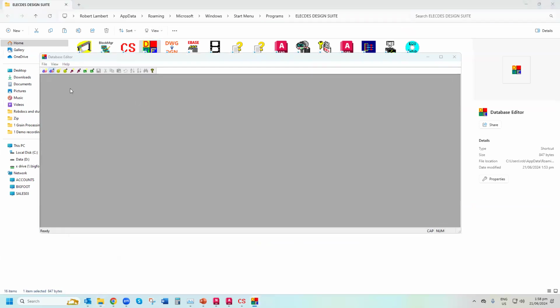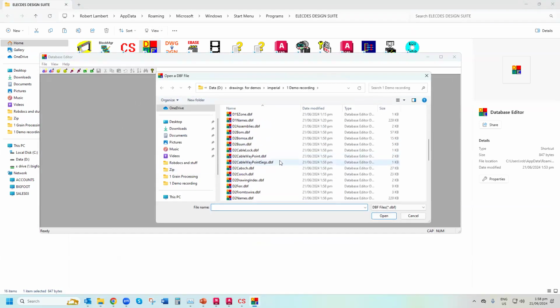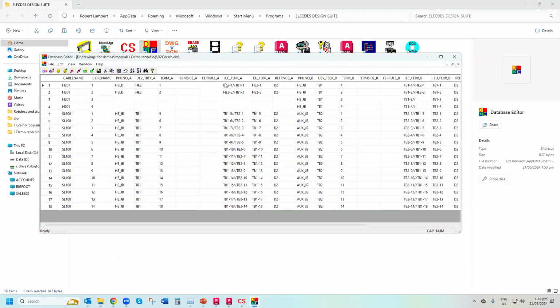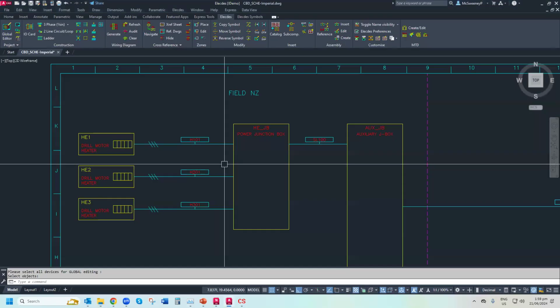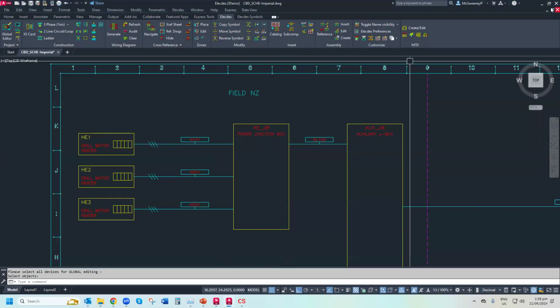I can open up a database file and a D2 cable core schedule. And here you can see HE2 terminals 1 and 2 goes via the cable to my other end. They made a bit of a mistake on this, but I've got to get it fixed. And a point to make is if I then close that down and go into my CAD session, close this down,